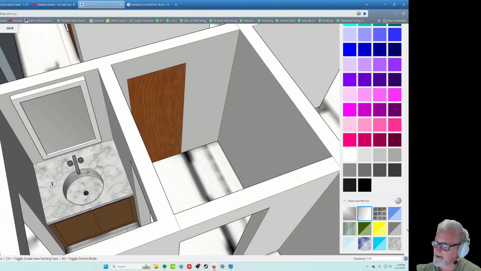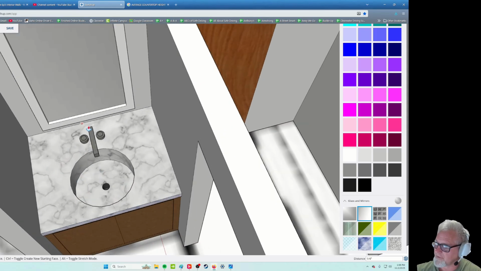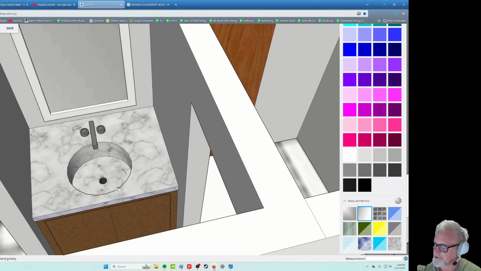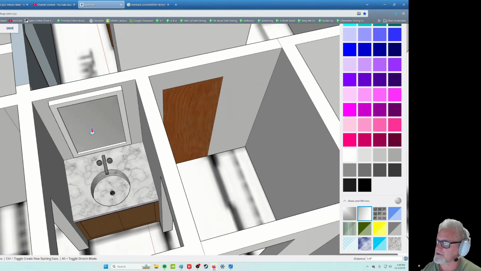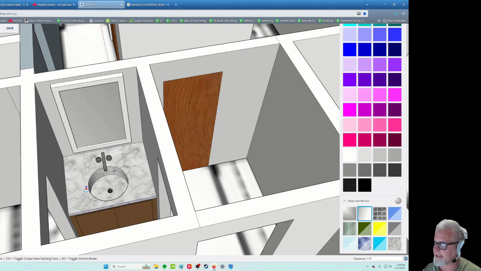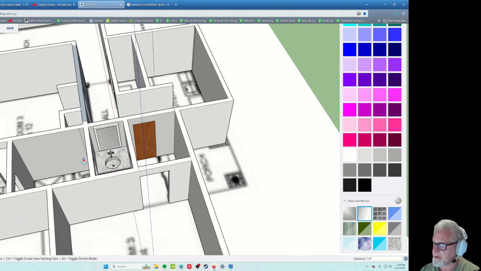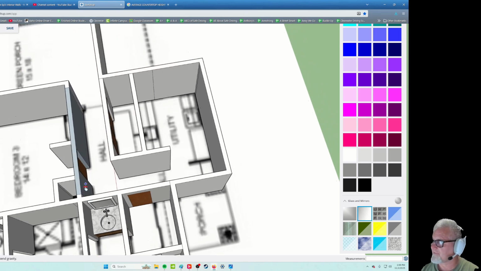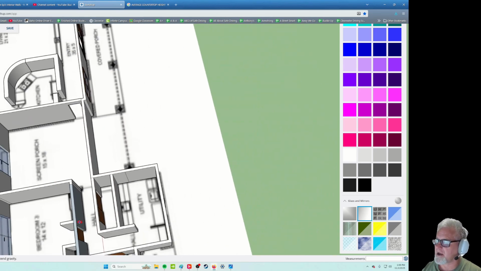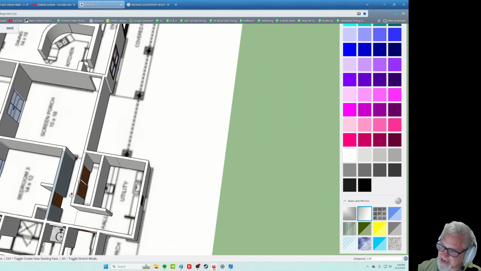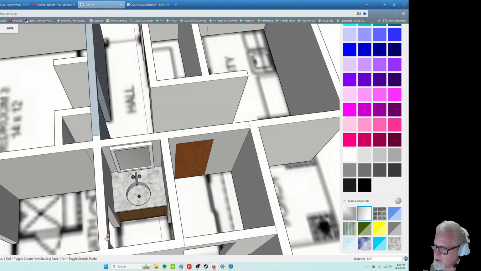All right, so we have a sink with the faucet. We have cupboards underneath and a mirror. So that's what you would expect if you're looking at a brand new house. This minimum setup per bathroom. So you'll have to do that for each bathroom, and it's kind of a custom job. Every bathroom is going to be a different size, and so right now,